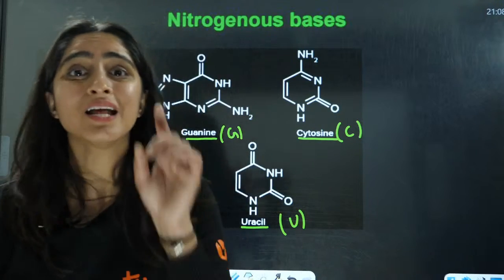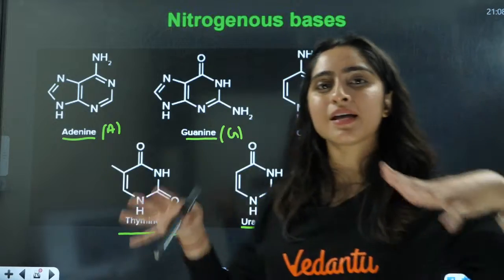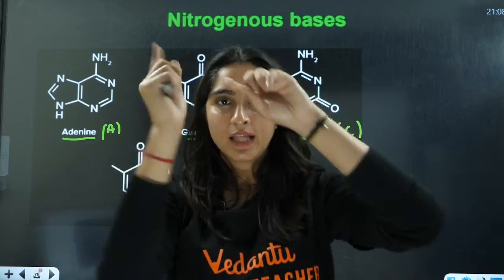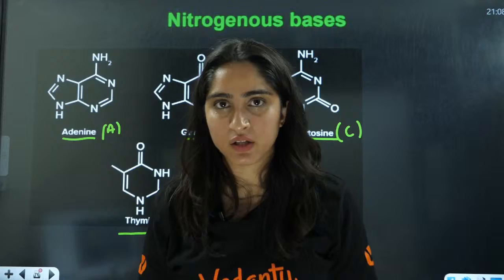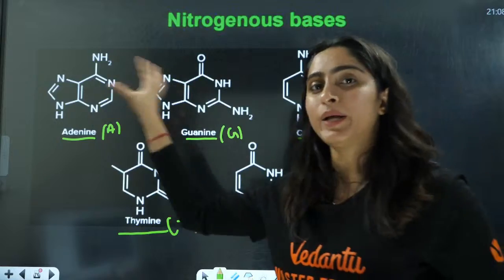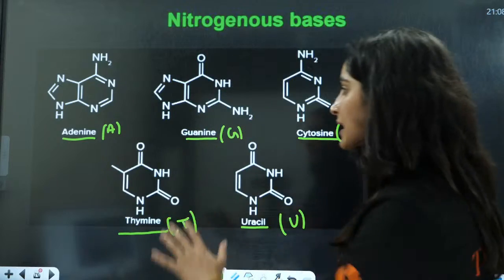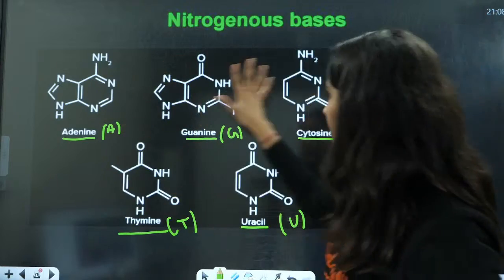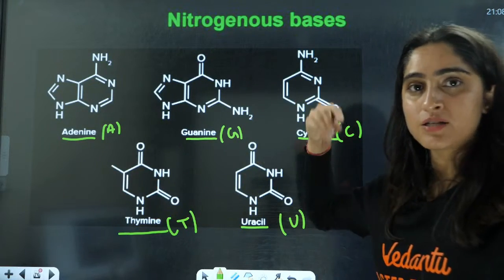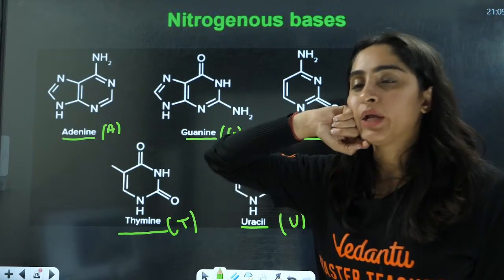There is also a difference in bases, right? Because these bases are actually hydrogen bonded to each other. You know, DNA is a double helix structure. That means 2 helices are interconnected to each other. They are interconnected by hydrogen bonds here. And those hydrogen bonds are formed between the bases. That is why the knowledge of bases is very important for you. We have basically 5 kinds of bases. This is purine, and this is pyrimidine. Okay, these all are derivatives of pyrimidine, and these are derivatives of purine, right?